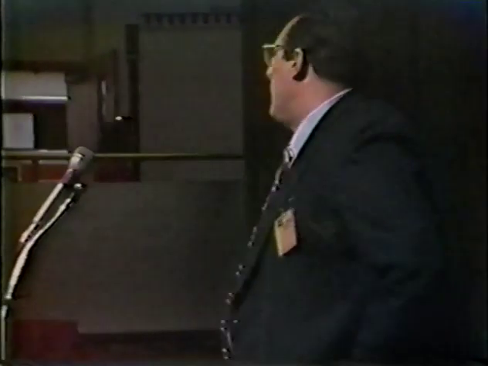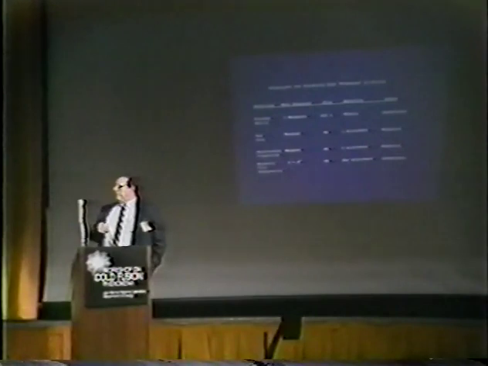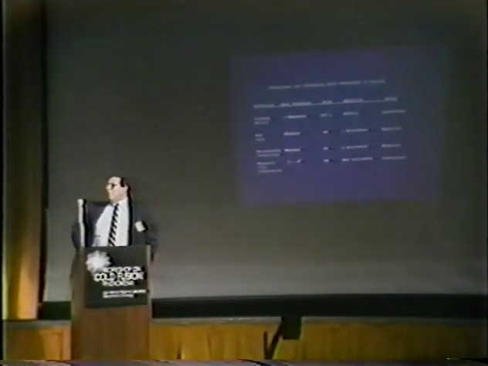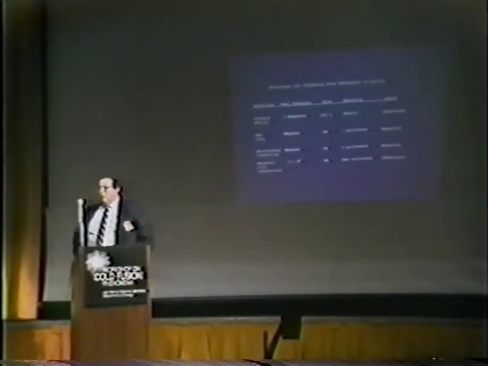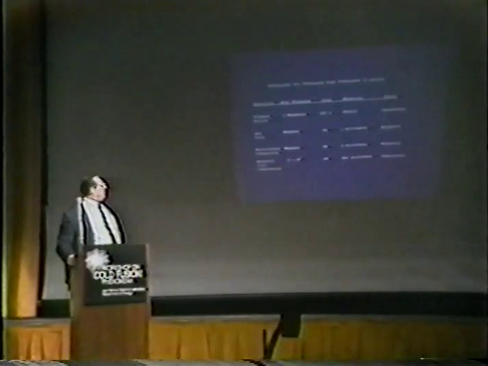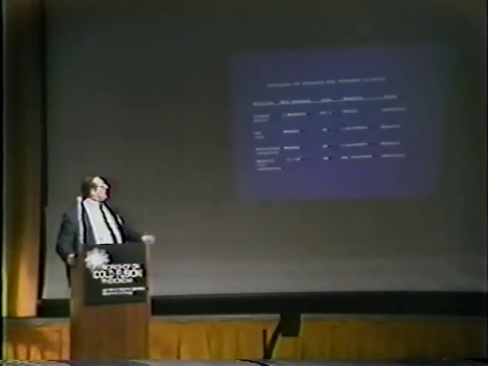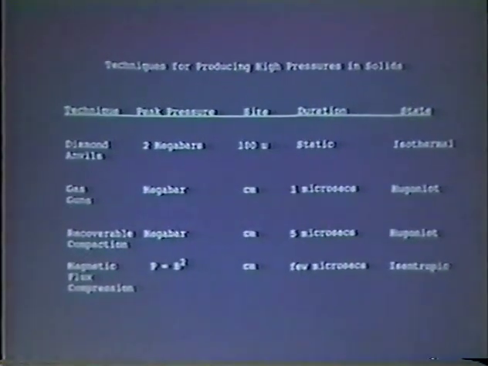One element for producing these is to put a great deal of pressure on your system, not very slowly, but as I think has been discussed, dynamically and very quickly, to induce a lot of abnormal and non-equilibrium phenomena. Now here are some 4 techniques for doing high-pressure experiments. And what we're going to focus on in this presentation is not diamond anvils or gas guns or recoverable magnetic flux compression, but recoverable compaction. The states induced by these are listed in the extreme right-hand corner. And if I can show the next slide, I'll show you what